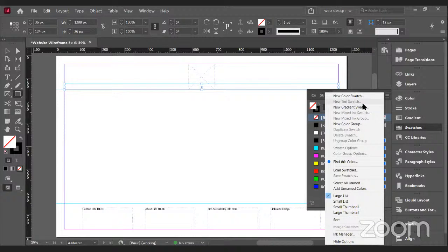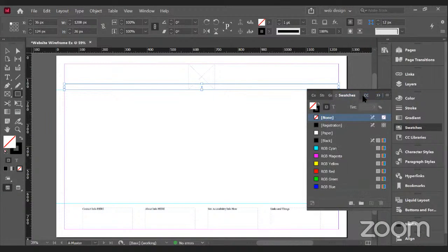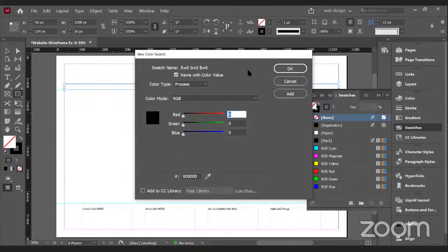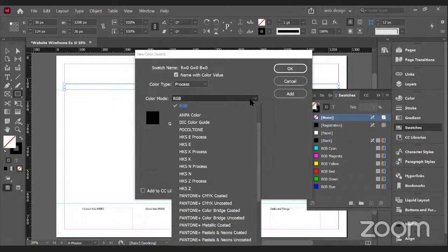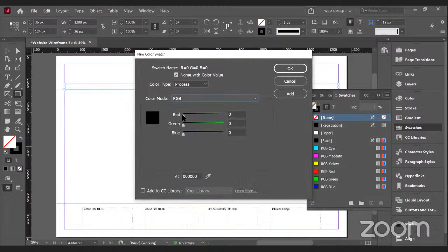Well, hey now, if you do a new color swatch, which there it is, if you're going to add a new color, make sure it's in RGB because we're not printing. CMYK and Pantone are only for printing. Anything on the web is going to be Roy G. Biv. So we want to make sure that's selected. And I'm just going to make some crazy color. Kind of fun. Woohoo! That fun kind of purple. I like it. We're going to add